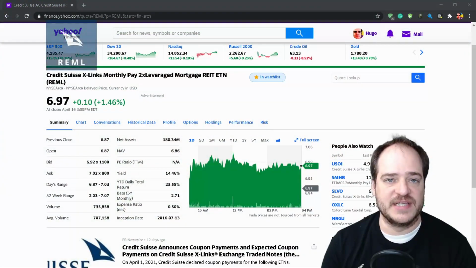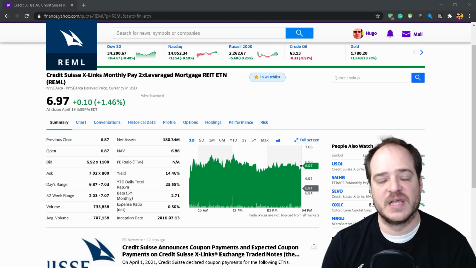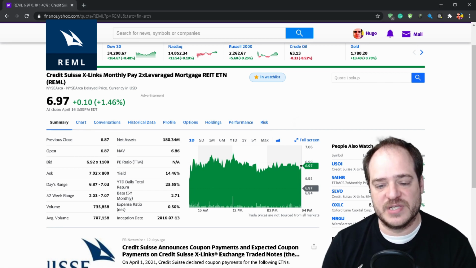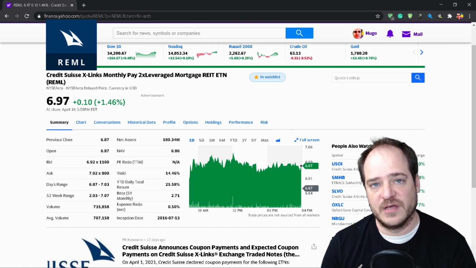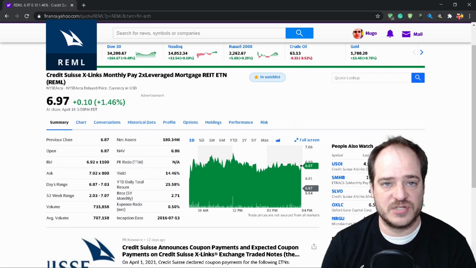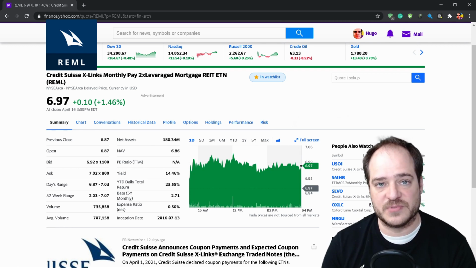So REML is an ETF that I got this week. They have a dividend yield of 14.48%. I think it was a nice stock to have in my portfolio since it has increased in the past few years, and we had a big drop around 3 years ago with this ETF. And the good thing with this ETF is that it has 2x leverage, so you're going to receive more dividends, of course. That's why it's 14%.